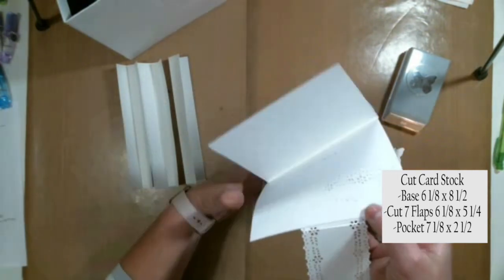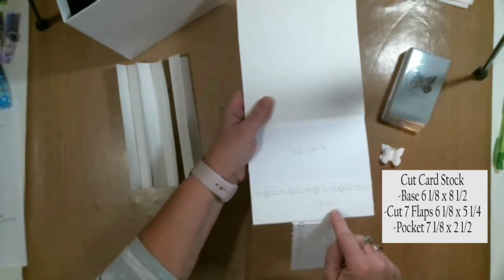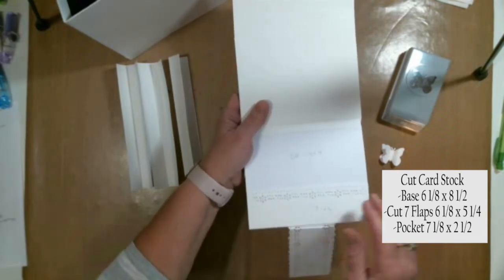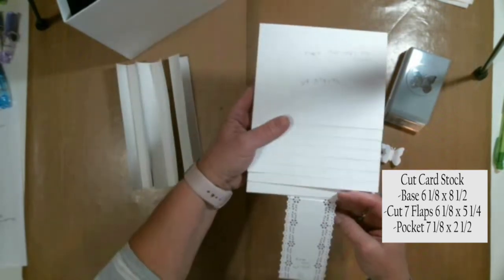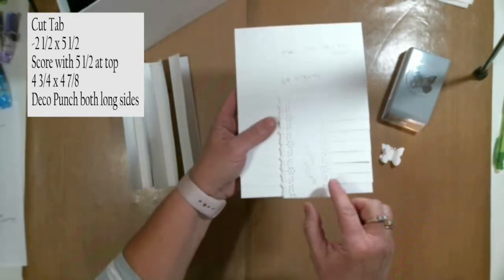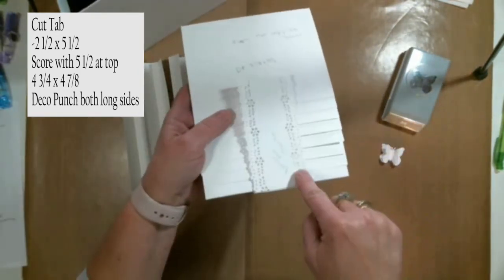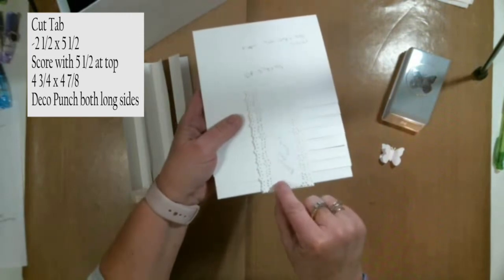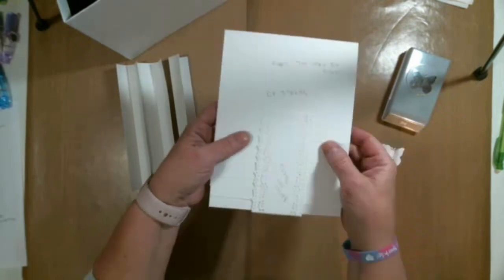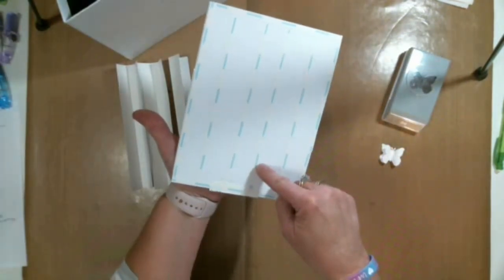You're also going to need 1 small pocket for the last page. That will be 7 1/8 by 2.5, decorative punched at the top, scored 1/2 inch on all 3 sides. Do that. And then your tab for this one, we went ahead and cut this tab at 2.5 inches wide by 5.5 inches long. And you can see I went ahead and Deco punched on each of the 2 long sides. You'll score 4 3/4 and 4 7/8 to get that baby little gusset here. And then you want to build that waterfall, get your score tape on the back ready for it,